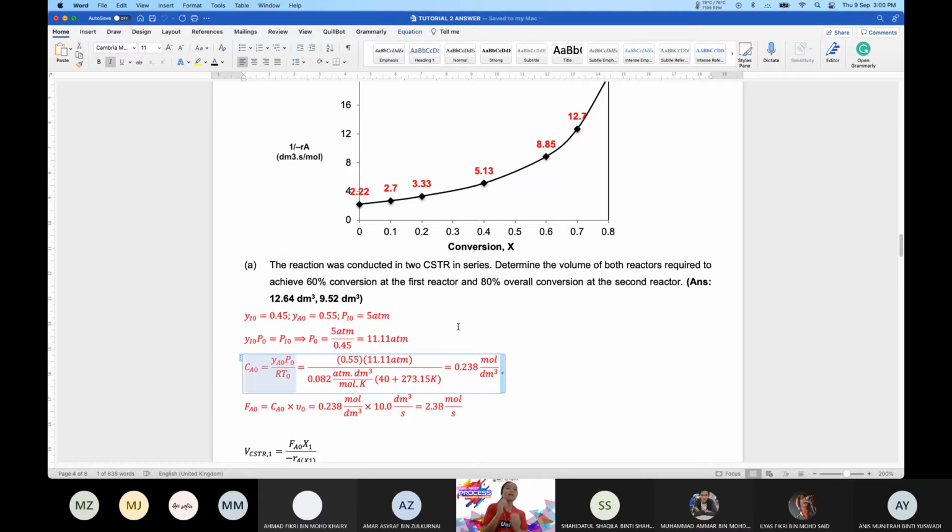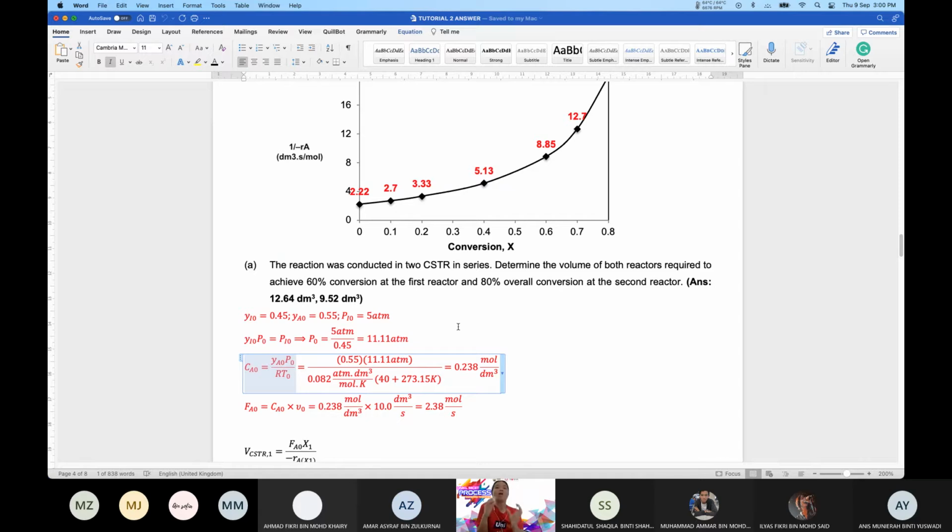Okay. So kalau kamu ingat, ideal gas law ni ada dua version kan? Kenapa ada dua version? Sebab perbezaan version tu depends on pressure yang kita tahu. Okay, kamu kena faham betul konsep ni. Kalau kita nak cari concentration of A initially, yang pressure tu mesti pressure from A only. So if in that example, dalam soalan tu, you know your initial partial pressure of A, kita terus guna directly. So jadi PA0